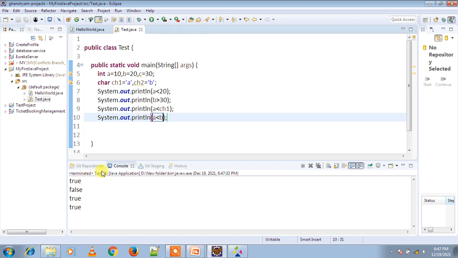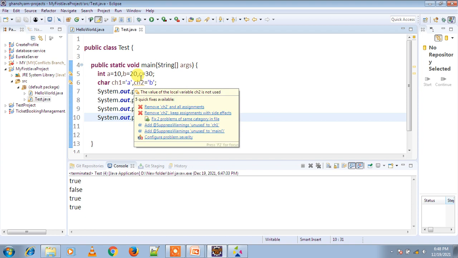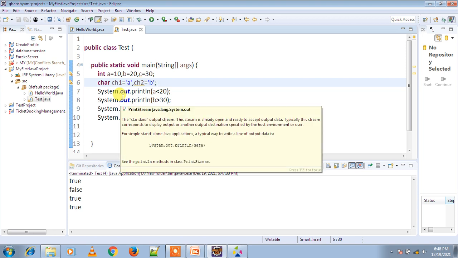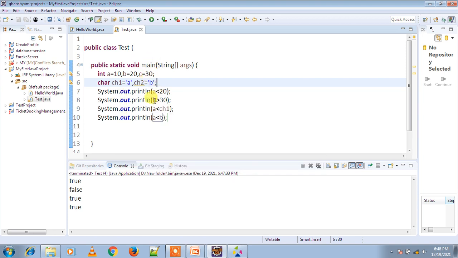Match this output. First one is a less than b, means 10 less than 20, yes, true. Second one is b greater than 30, means 20 greater than 30, no, false, so the result is false.